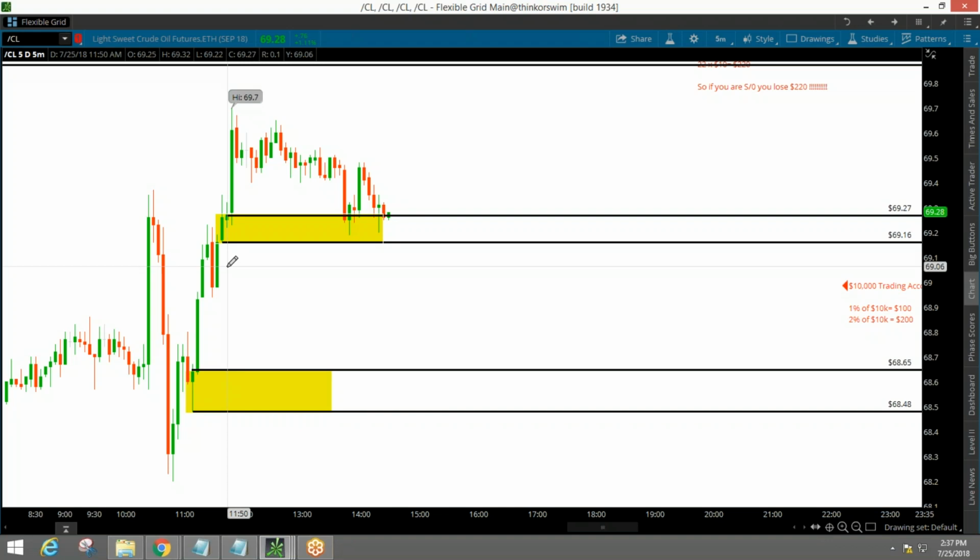I see. Okay. All right. So let's look at this example real quick because it obviously happened already. But this one is $110 of risk. So let's just do the math real quick. It's 69.27 is the front line. Your back line is 69.16. And then we're just going to do the 2 lines. We're not doing room for stop or anything like that. Okay? So 16, 17, 18, 19, 20, 21, 22, 23, 24, 27, right? So that's 11 ticks. You see where I got 11 ticks from? Yeah. Okay, right? So those 11 ticks in this case are